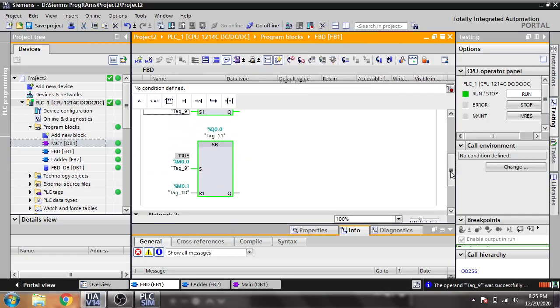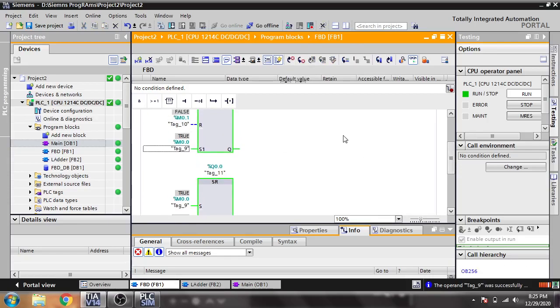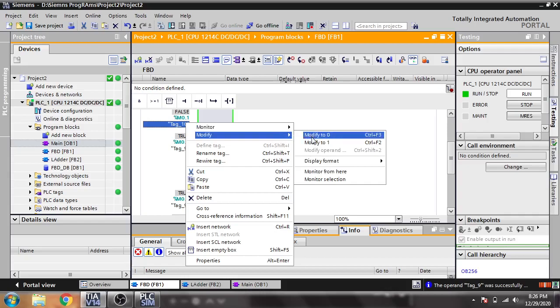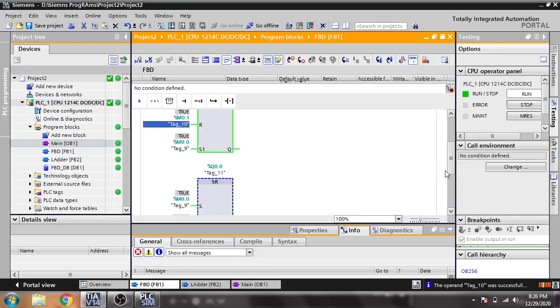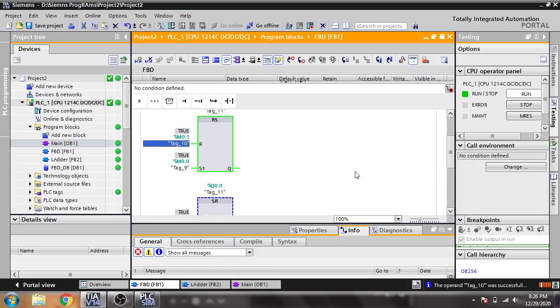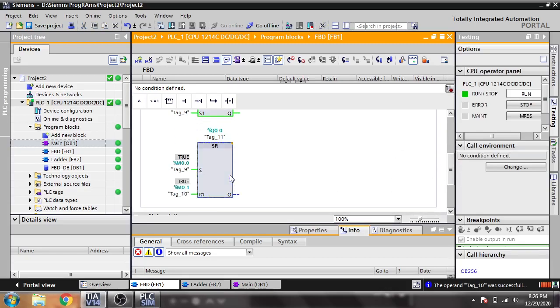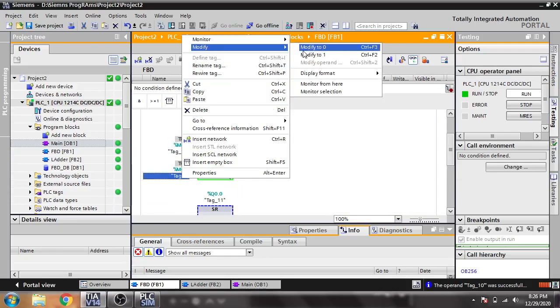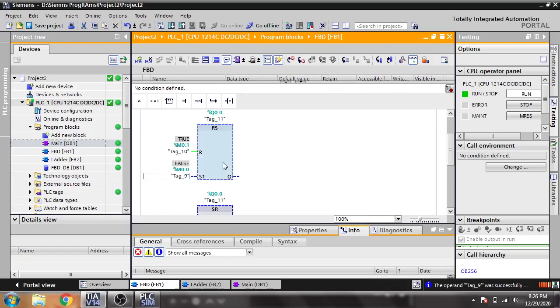Both have set. But if I make that monitor to 1, you will see that one is not reset, but the other one is reset. So if I use that reset to 0, you will see now it is going to